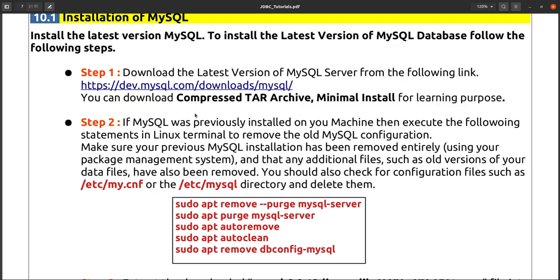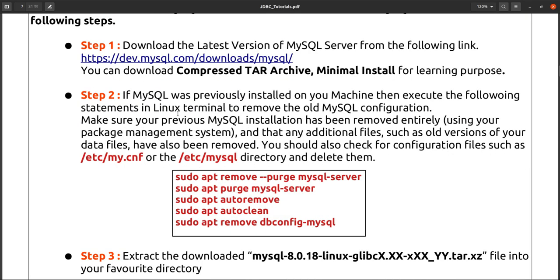So you have to remove the oldest version of MySQL first. Even if it is not there, you can try the second step. First you have to go into the etc directory. Under the etc directory, you remove the my.cnf file if it is there. If it is not there, then leave it, or you have to delete this directory also, under etc, MySQL.